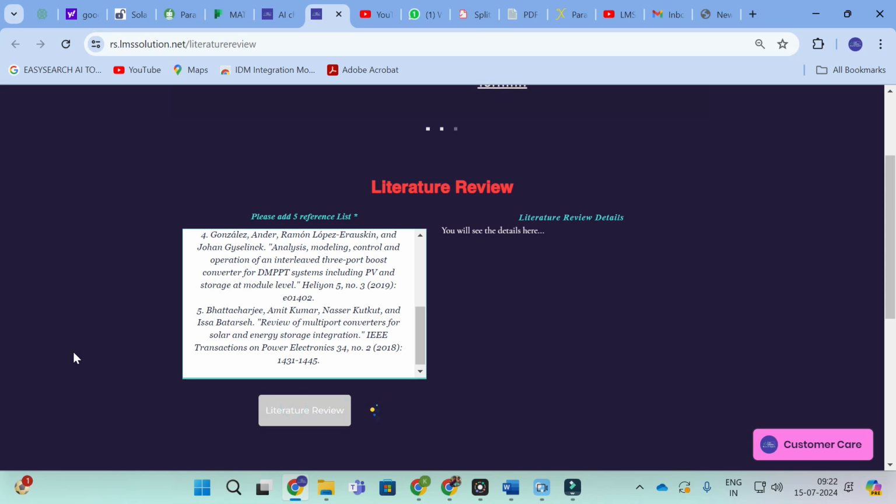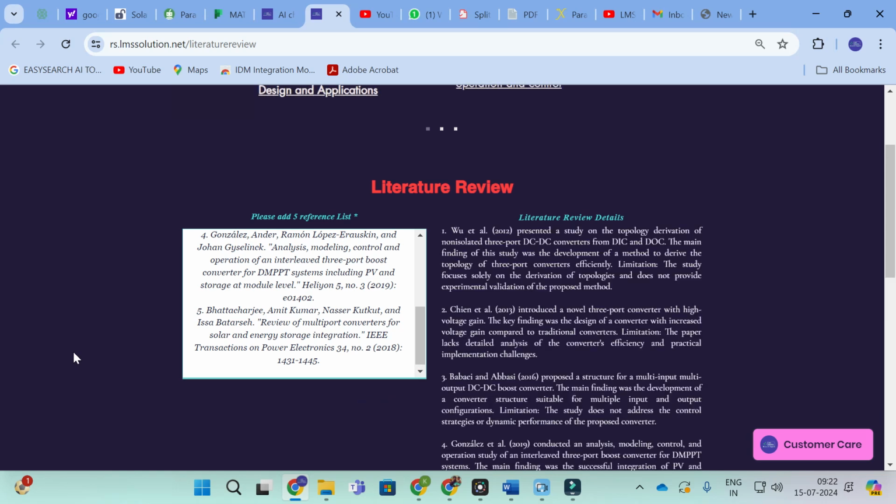In order to make an instant literature review, especially when you are writing a conference paper, this literature review template will be very useful for you. Because it gives an instant output, you can use it instantly for your research paper or any conference paper. So here you can see that, the first